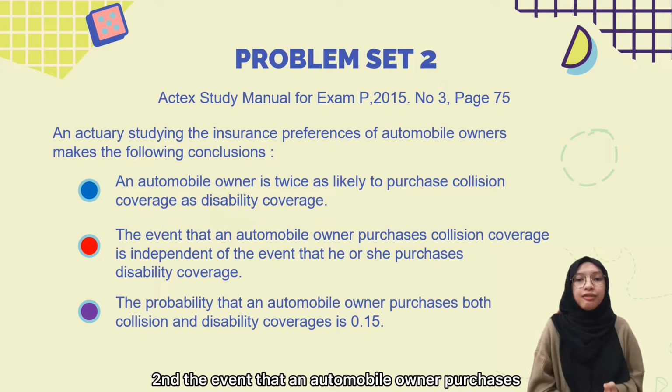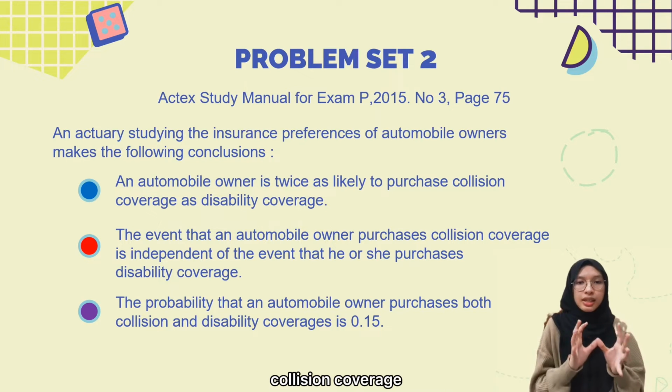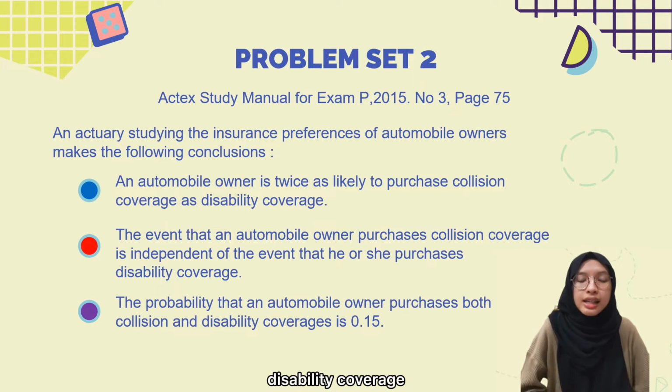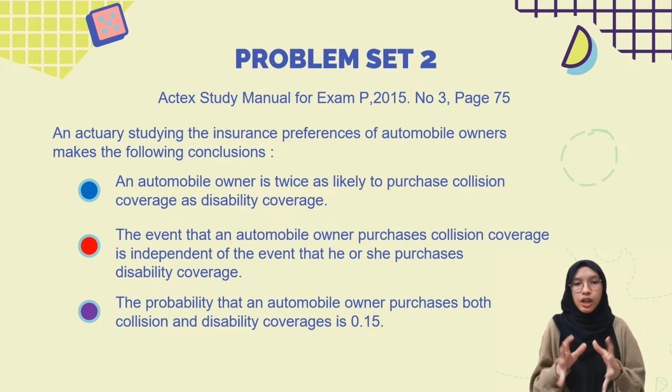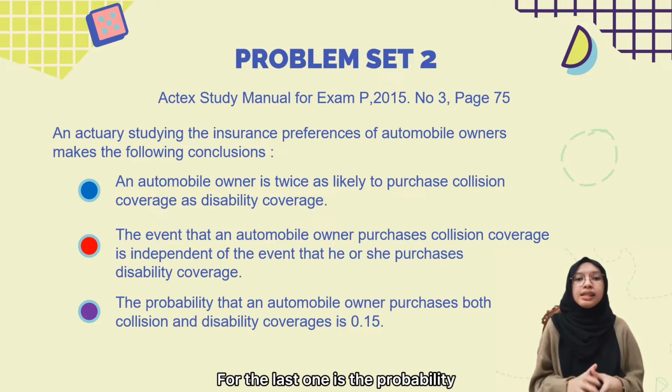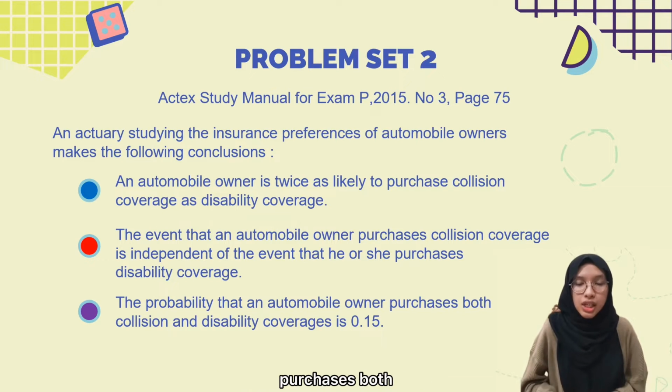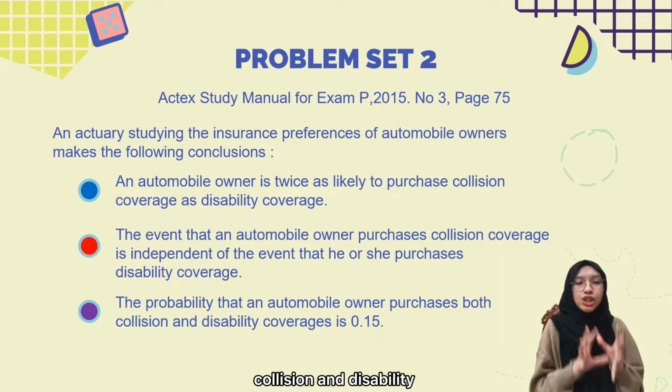Second, the event that an automobile owner purchases collision coverage is independent of the event that he or she purchases disability coverage. Last, the probability that an automobile owner purchases both collision and